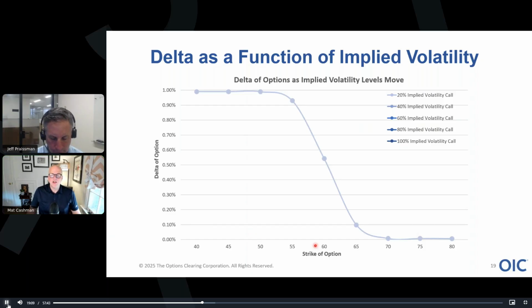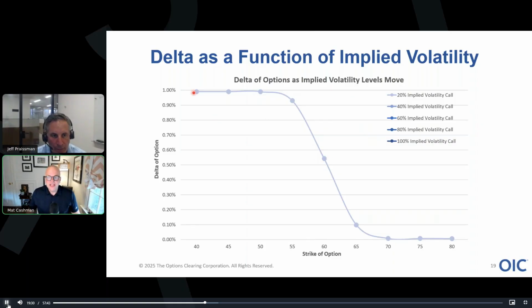So this is a $60 stock. This is your at the money right here, these $60 options. That means that these 55s and lower are in the money calls, and these 65s and higher are out of the money calls. As you see, with a very low implied vol, a 20 vol in this case, for a